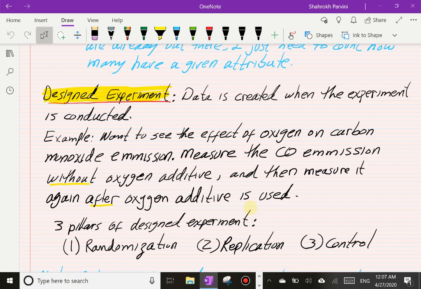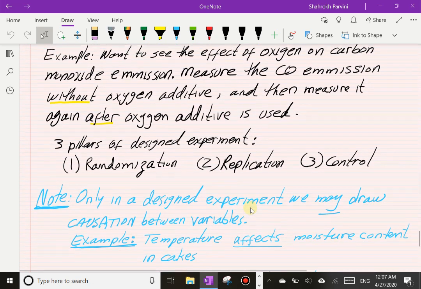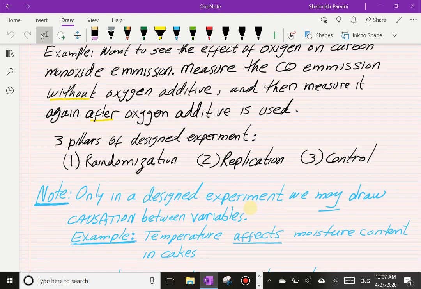So in my example of carbon monoxide emission, my control group would be the set of automobiles that do not receive this additive, this oxygen additive. They just receive ordinary fuel, and I look at their emission. See, nothing gets done with the control group. And it is again in designed experiments that we may draw causation between variables, and that's what we really like